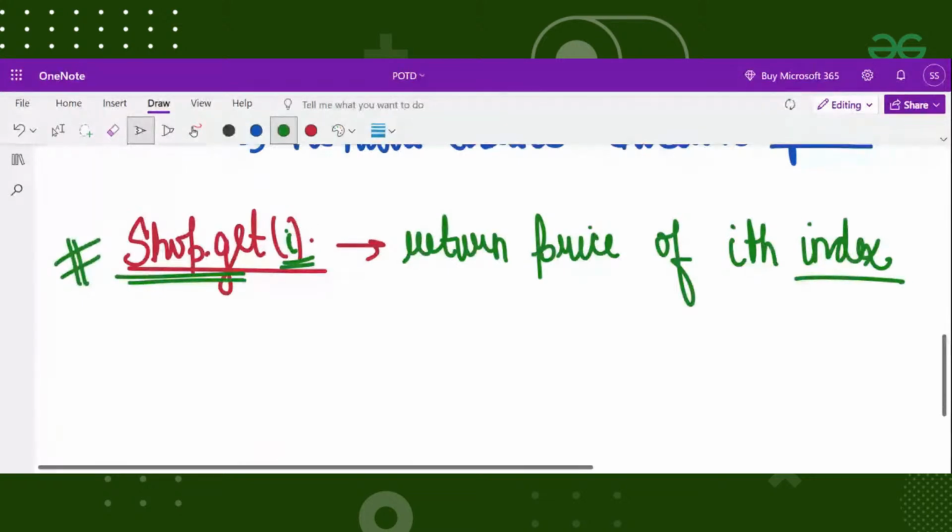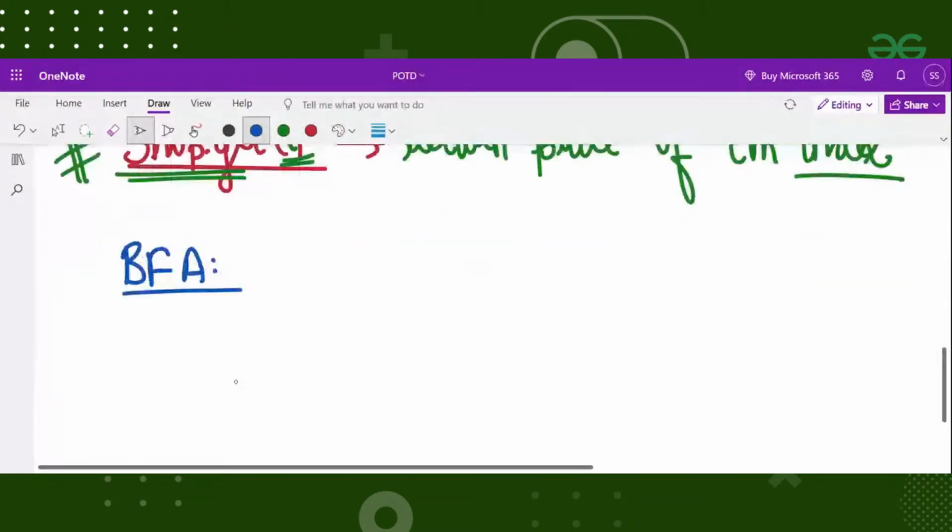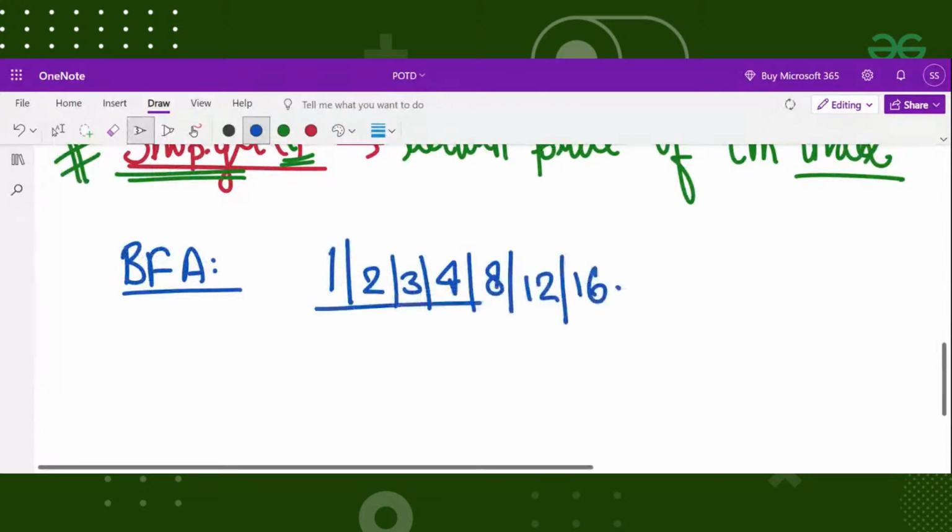Okay, now if we try to solve this question with the help of a brute force approach, then what happens is, in the brute force approach, let us say the array is 1 2 3 4 8 12 16. Okay, so in the brute force approach, let us say the number of coins that is given to us is, say,